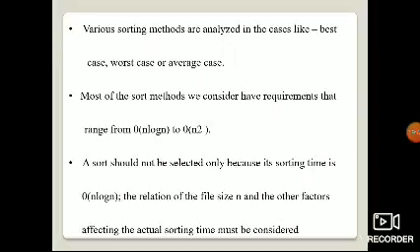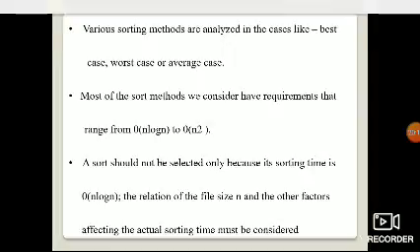Most of the sort methods we considered have requirements. What is the range? Big O of n log n to big O of n2. A sort should not be selected only because its sorting time is n log n. The relation of the file size n and other factors affecting the actual sorting time must be considered.